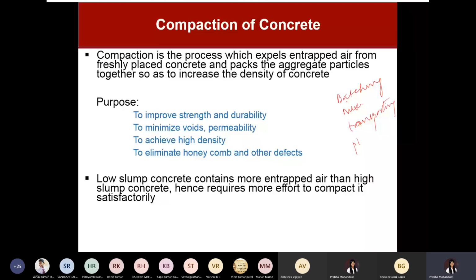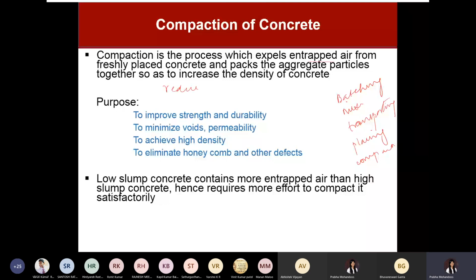Because we want to expel the entrapped air that is there in the freshly placed concrete between the aggregate particles. When you expel the entrapped air from your concrete, that helps to reduce your voids.